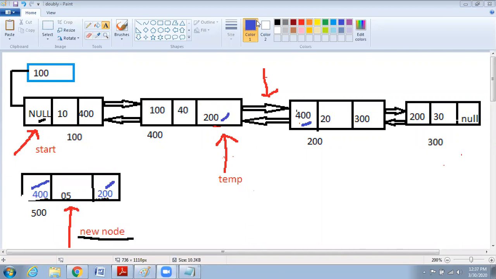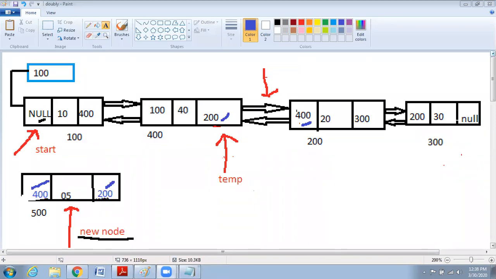Paramita, are you there? Please, can you tell me what the changes are that we have done? Ma'am, first we have changed the new node's left to the temp, and the new node's right to the temp's right. Very good. Then we have changed temp and then the right node to the new node.